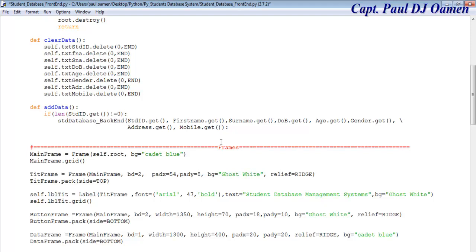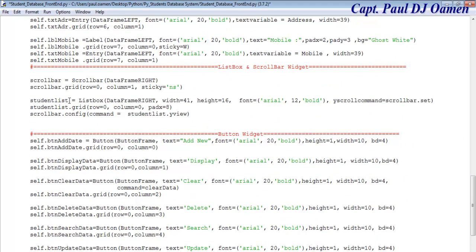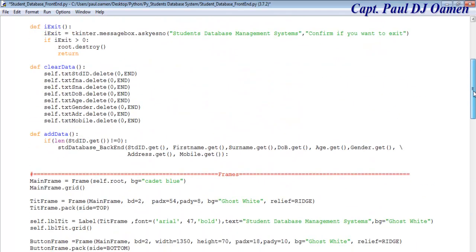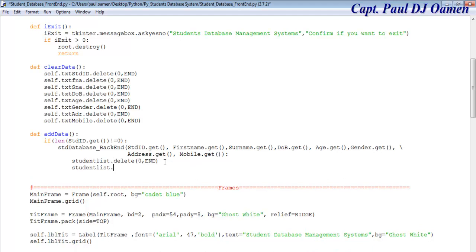so we have all of that in place, but what we want to do now is the student list. We want it to add it onto the student list. This is the student list there. So for the student list, let's clear whatever we have on the student list first. So come right down here, press enter, and we'll say whatever we have on the student list, let's get rid of that. Get rid of it. And the same student list we want you to insert as follows. Press enter, then insert